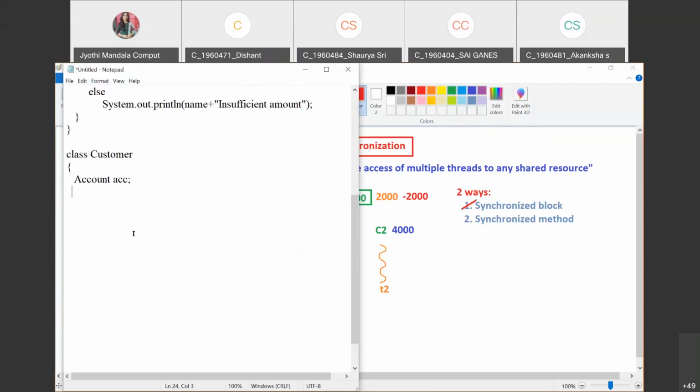And if you want to make a joint account, the same account number we need to pass. That's it. So for the customer, you will have a customer account, and you will have a String name also. What is the name of that customer, we are going to take. Now we need to assign the values for these two. So for that, we need to use our Customer constructor. Right?